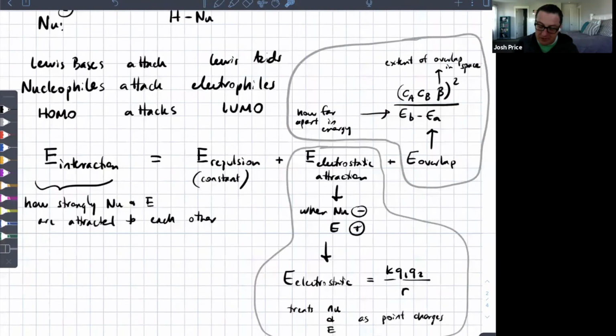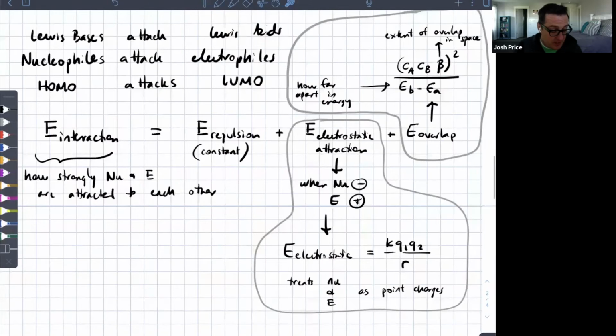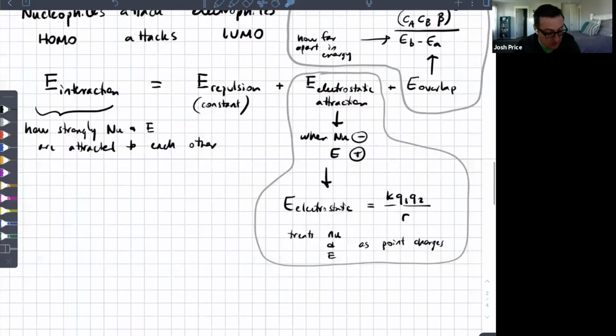But if you're a nucleophile that, again, has a negative charge held very tightly, probably the extent of overlap in space is not very good. Another way of saying this is that